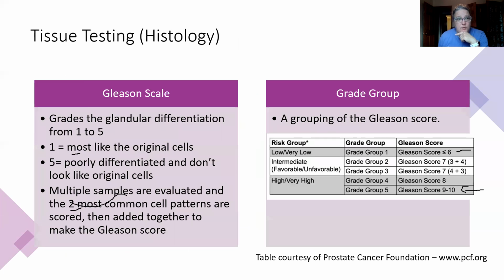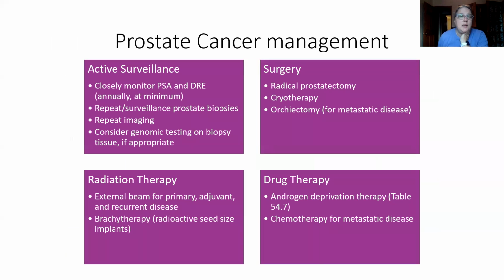So moving through. Prostate cancer management: patients can be in active surveillance. Active surveillance is where we're closely monitoring the PSA and the digital rectal examination at least once a year, maybe every 6 months, maybe even every 3, depending upon what's going on. There are repeat prostate biopsies, repeat imaging. There may be genomic testing on that biopsy tissue if it's appropriate. Some prostate cancers are genetic in nature. Moving on from active surveillance, let's say for whatever reason we have to move on from that,